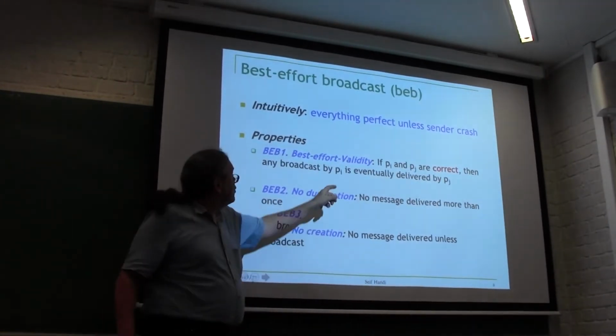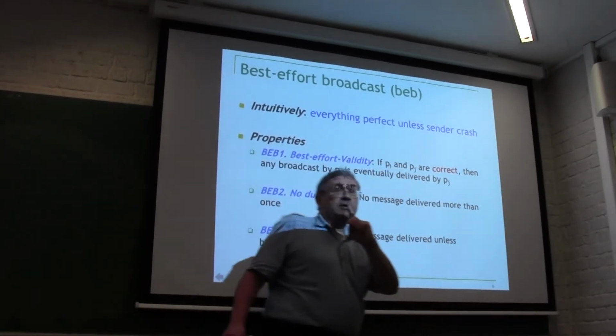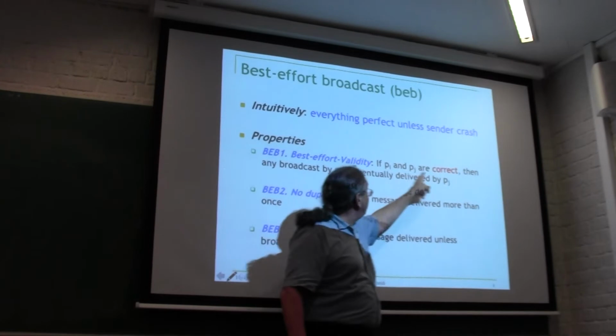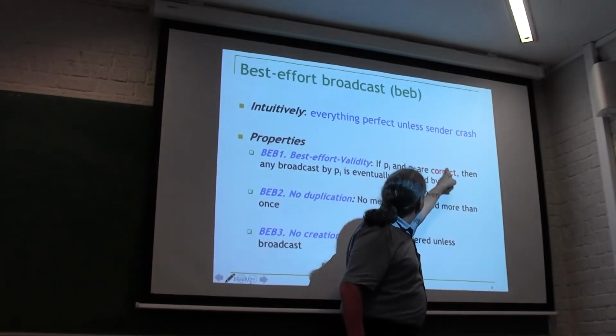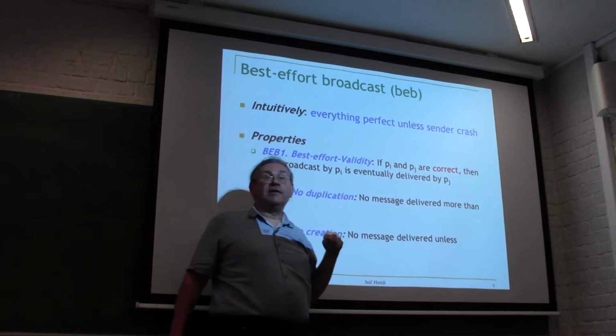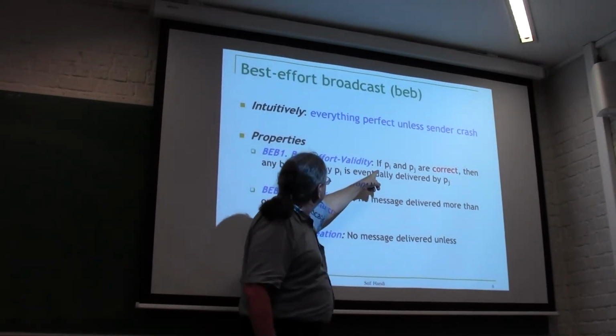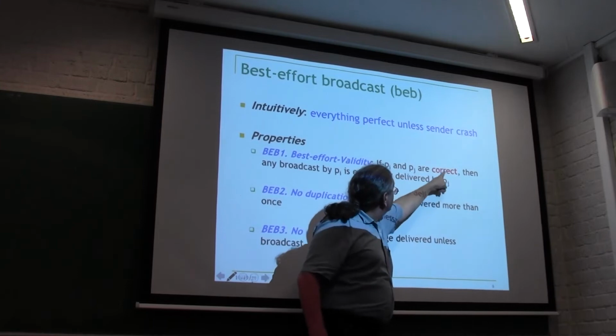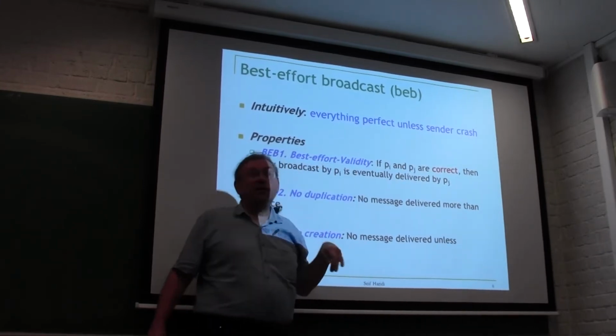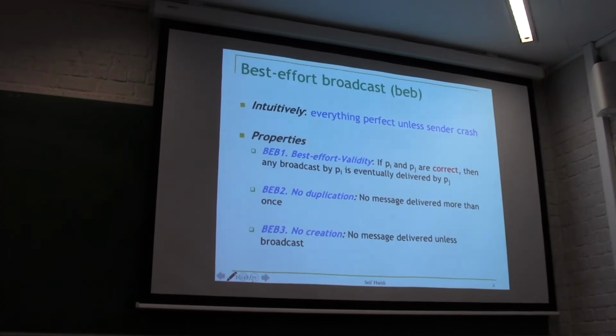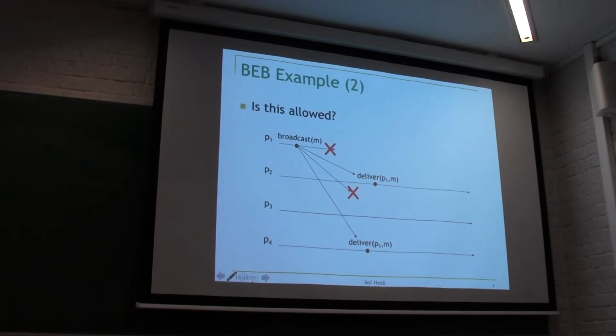so if there's an if-then, here's a general rule of thumb. If there's an if-then, and the if condition is false, then this says nothing at all. So if Pi crashes, this if condition is false, which means this condition is not saying anything at all. Whenever there's an if-then condition, you always have to look and see what makes the if condition false. And if that happens, then that if-then is saying nothing.